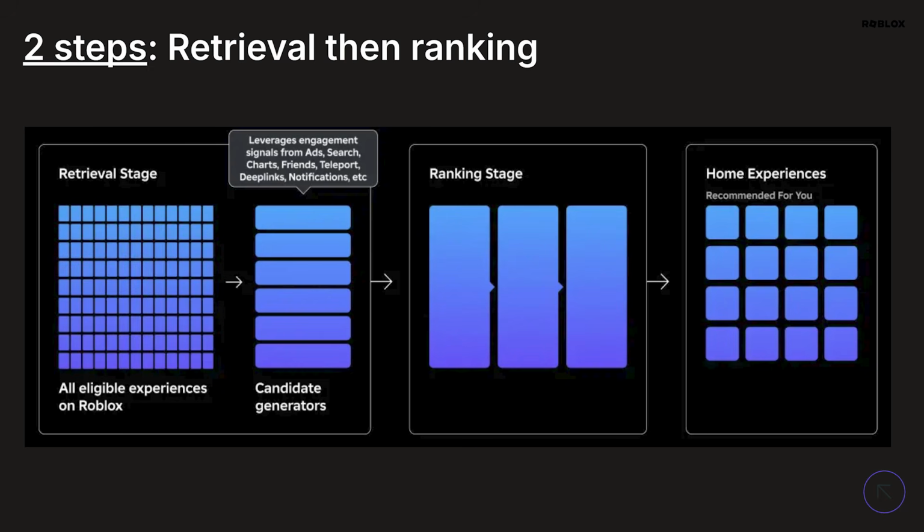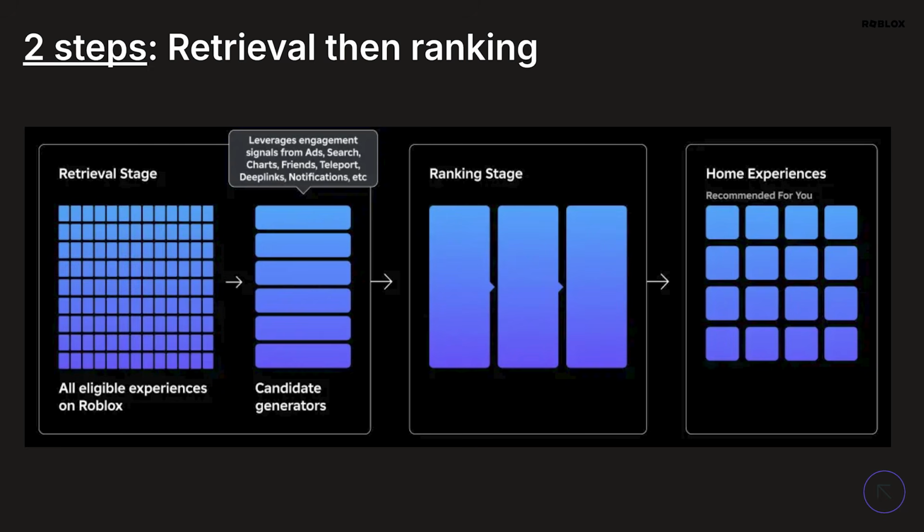In that retrieval stage, we take signals that come from a variety of different sources. Users may play a game from ads. Users may play because you as a developer sent the game through a text message to your friends and family, and they started playing. Maybe you posted on Discord and they got a direct link from that, and they played. Or maybe you told some people and they went to Roblox search and searched for that game and played. All that information factors into our retrieval to get a few tens of thousands of games, which is the initial list. And then we rank them.